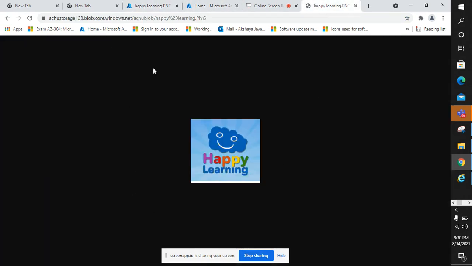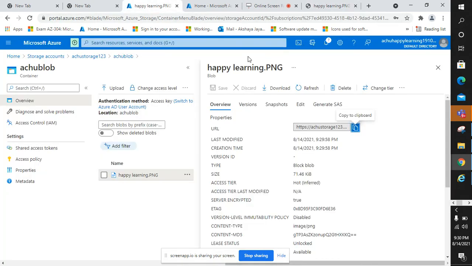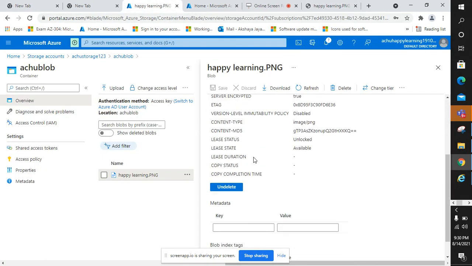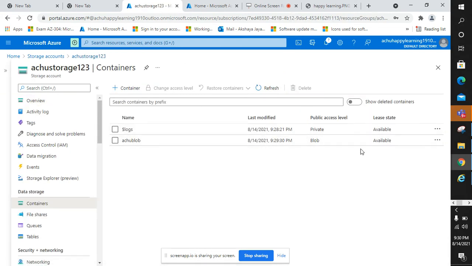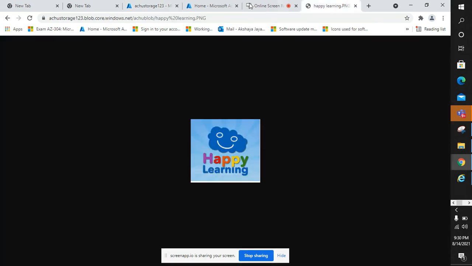We can see the image and it will be accessible worldwide. Since this is for testing purposes, I have uploaded data which is less than 2 MB. If you want to see this in place, make sure you upload data less than 2 MB, and an image, so that you can view it here.